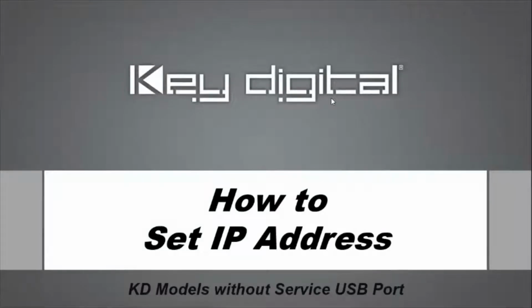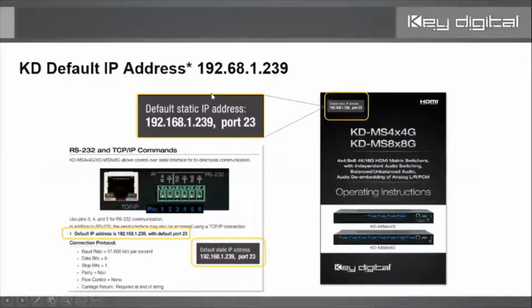Today we're going to show you how to set the IP address of a KeyDigital model that does not feature a USB service port. Most KeyDigital devices, as of the time of this recording, have the default static IP address of 192.168.1.239. Now, what static IP means is that when you plug the KeyDigital device or any static IP device